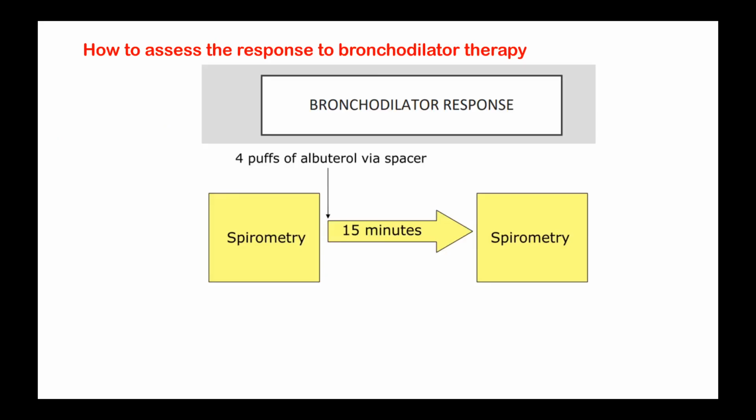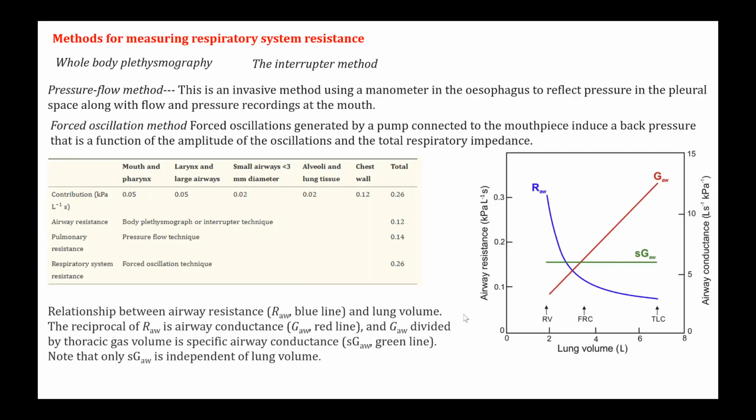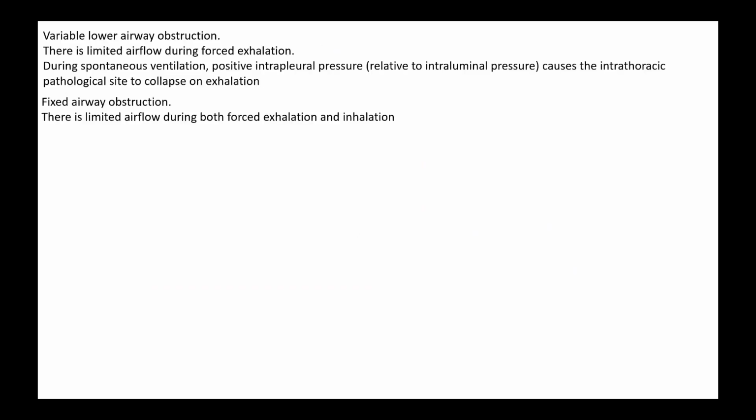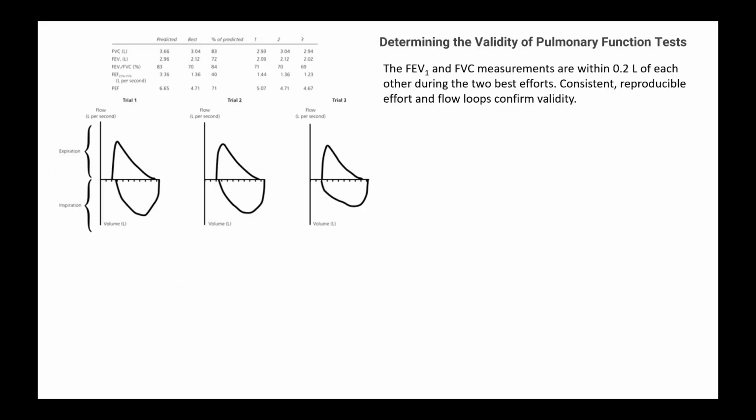And assess the bronchodilator therapy. You have to give 4 puffs of albuterol with a spacer, wait for 15 minutes, and then do the post-bronchodilator test. Improvement by 12% or 200 cc is considered a good response. And the methods of determining the validity of